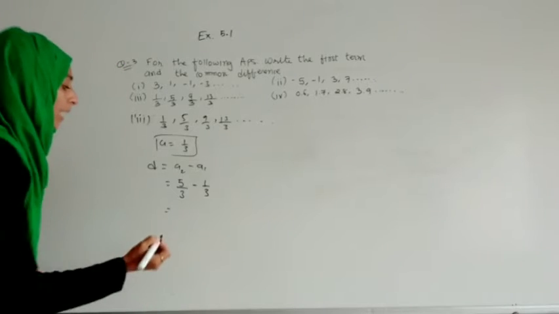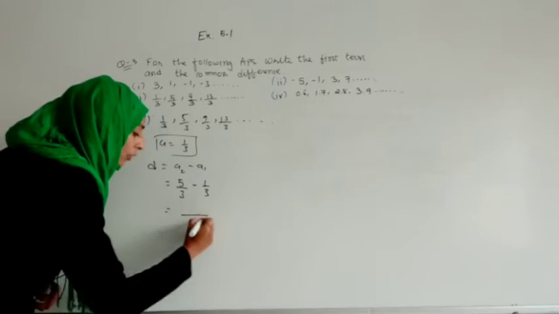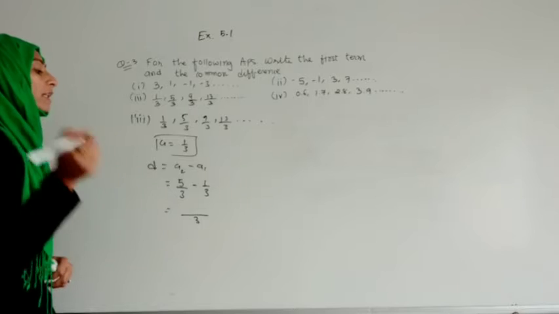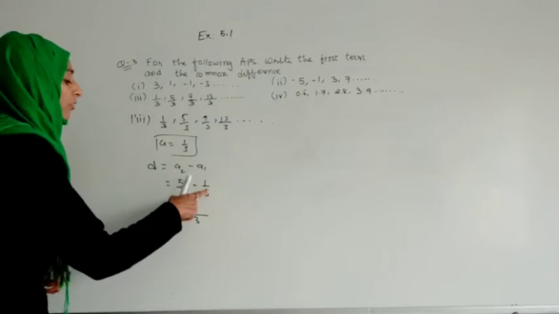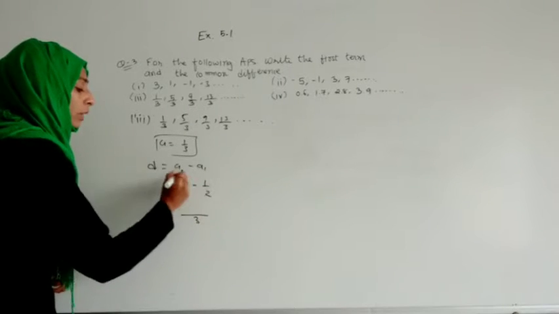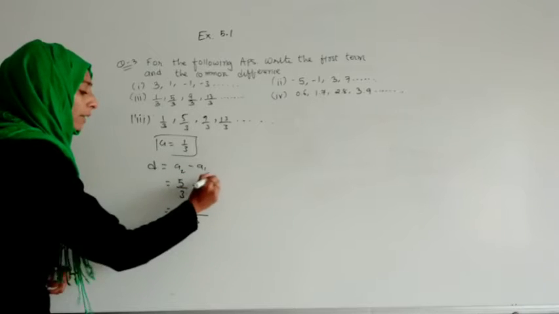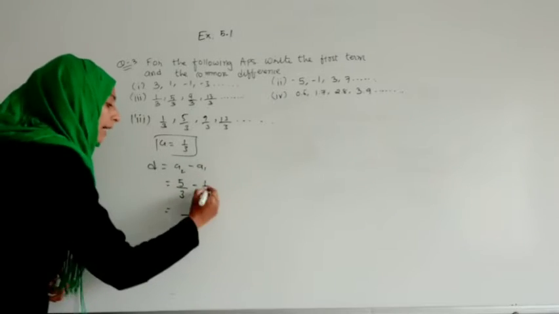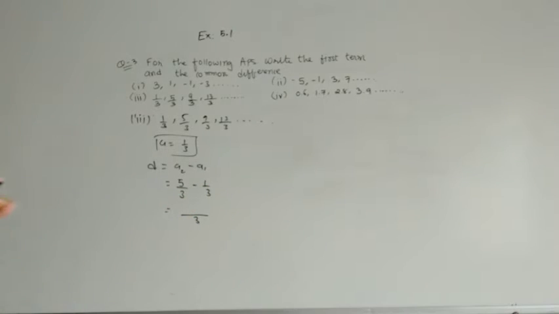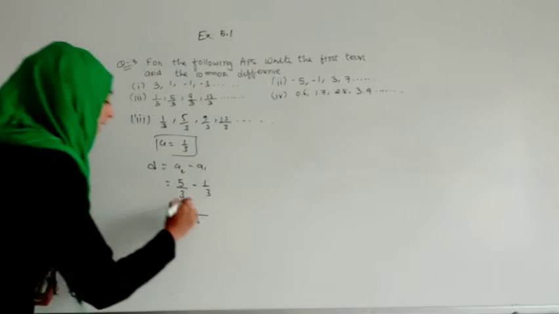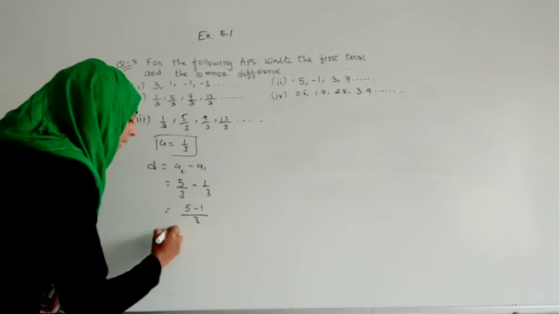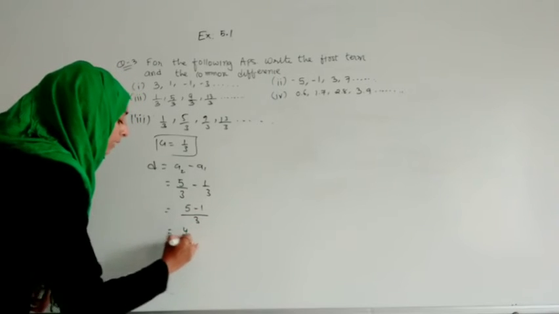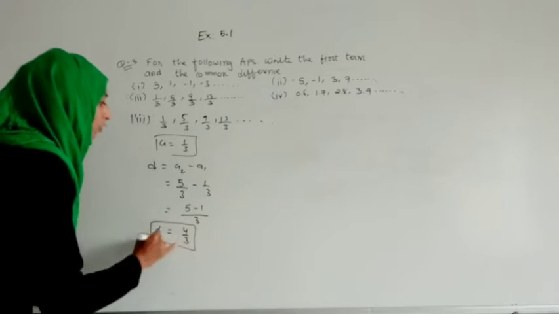So what will happen? Denominator same है, तो we will write it as 1. हमें LCM लेने की ज़रूरत नहीं है. But if it is in the form of 2, then we have to take LCM. So we have to multiply it like this and same सामने भी multiply करना पड़ता. But here the most important thing, we do not have to do any extra thing. We just have to do 5 minus 1. So it will become 4 by 3. So here I got the difference as 4 by 3.